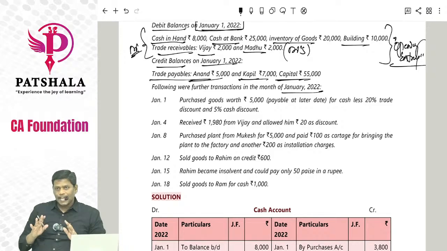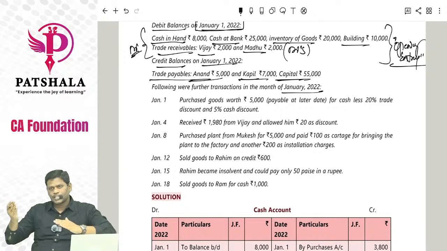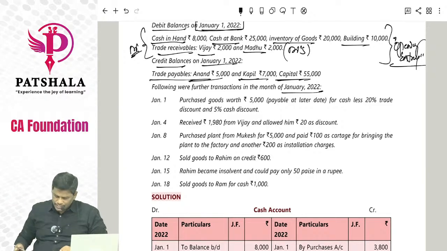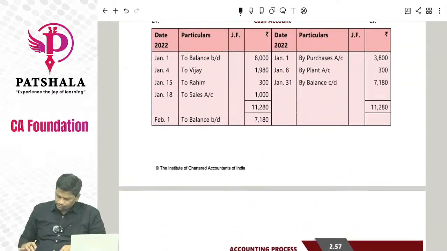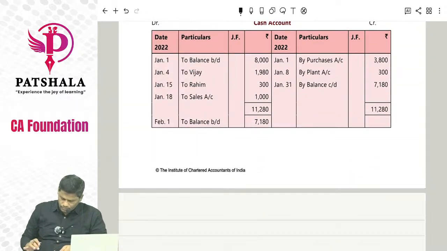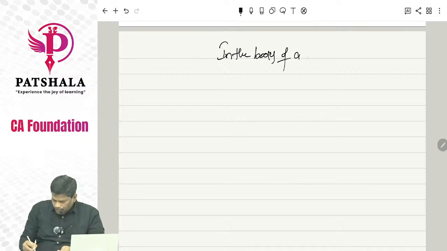Actually, he did not ask. He asked you to do only the ledger, but we'll do the journal. Then how to transfer from journal to ledger, we will understand. So start. In the books of a trader, journal,